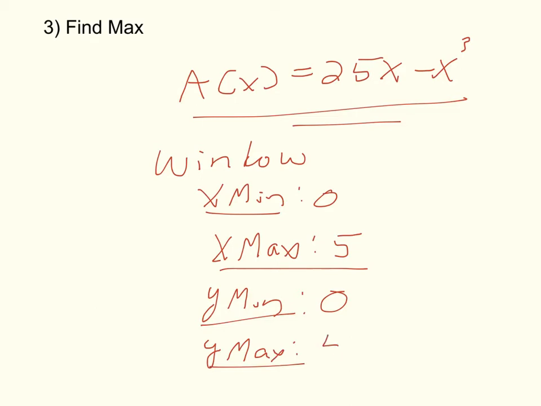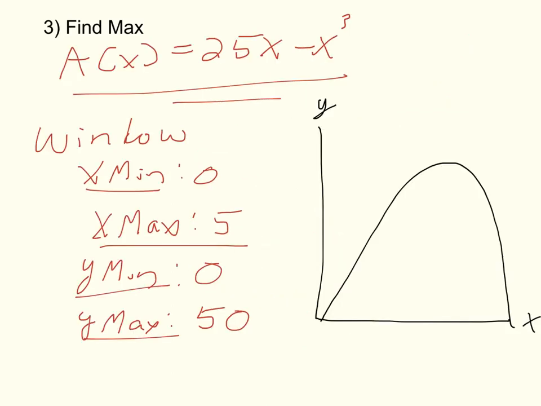For this one I did 50, and it worked pretty well. After you graph it, you should get something that looks like this over here, if you have an appropriate window. And so then you're going to hit second and then the trace button, so second calculate, at the top of your calculator, and you can go down to number 4, which is maximum, and then it'll ask you left bound,